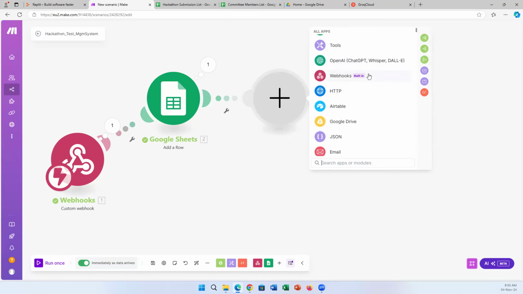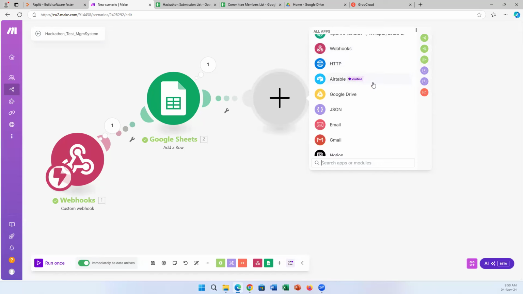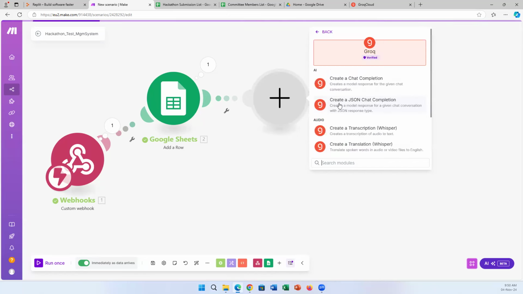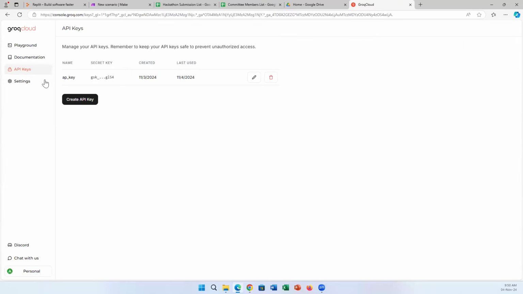You can use other popular platforms like OpenAI, Vertex, Gemini and many others, but I will use Groq. To be able to do this, my suggestion is that you go to the Groq cloud platform and create a new account, and also